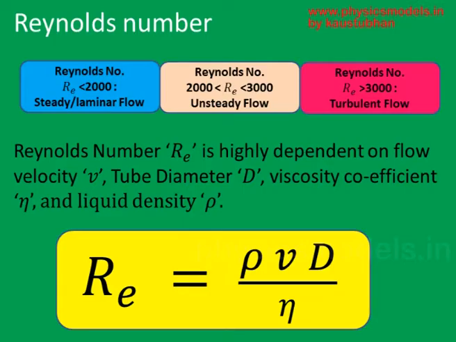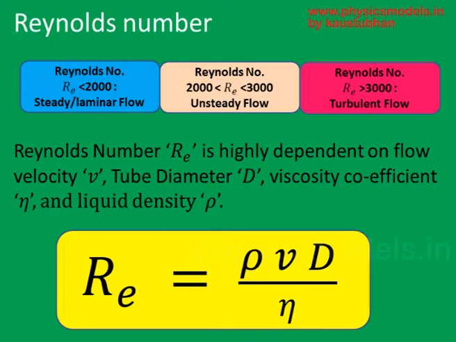With less than 2000, they call it a steady laminar flow. With greater than 3000 on the right hand side, a turbulent flow. And if the Reynolds number is in between 2000 and 3000, it could be either way. It's an unsteady flow. In terms of equation, since it's the ratio of momentum forces divided by the viscous forces,